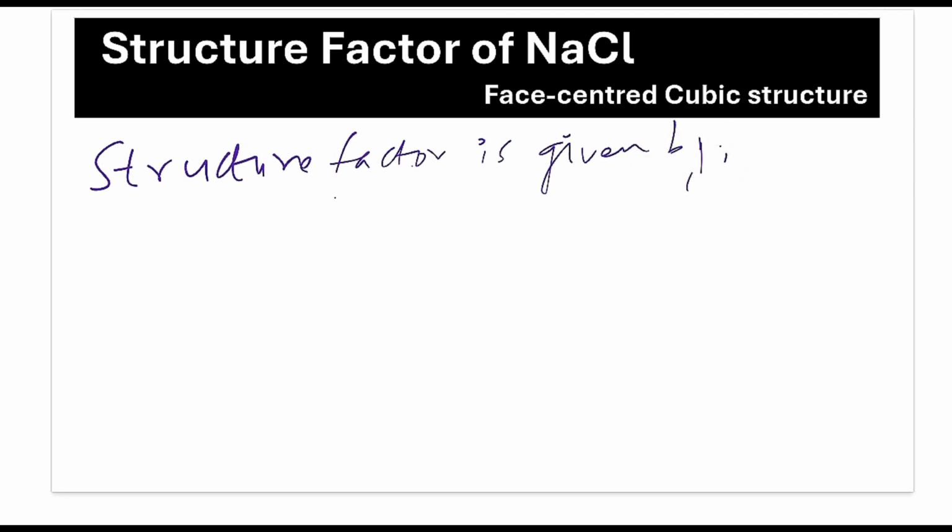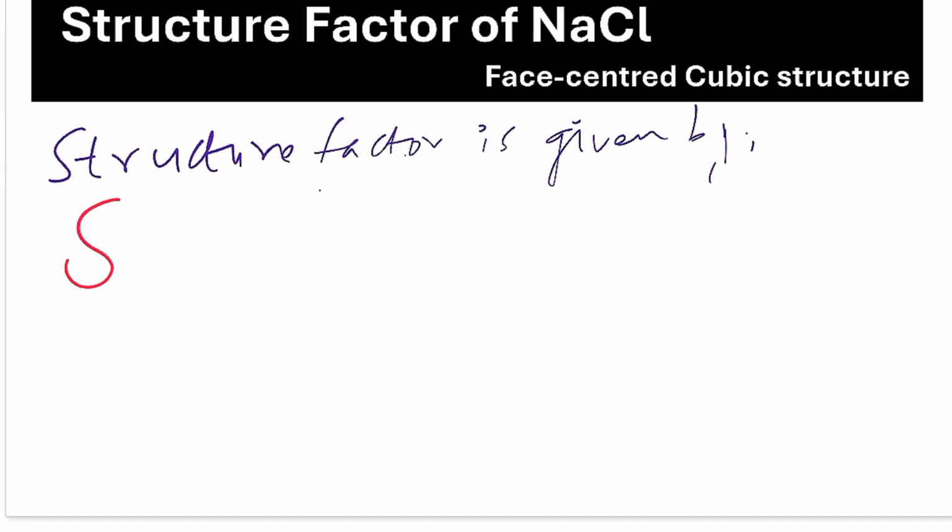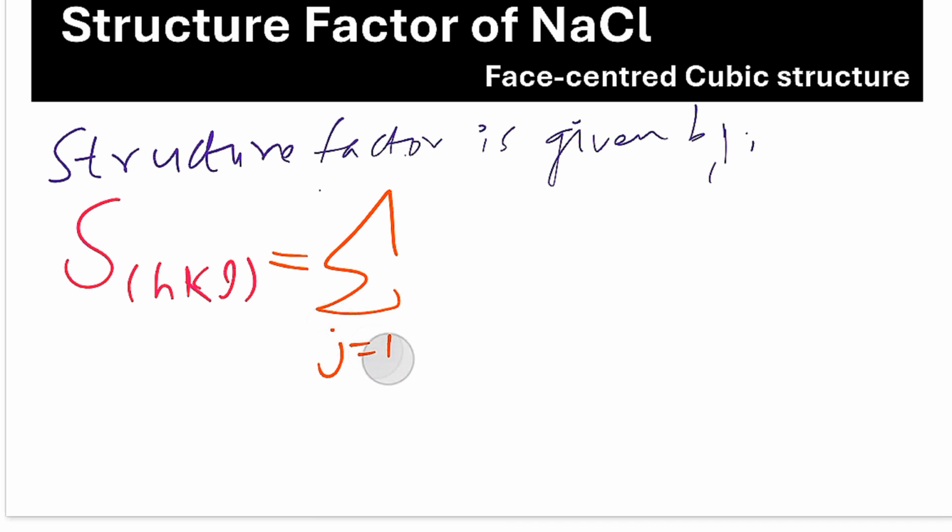The structure factor is given by, let's write down the formula. Structure factor is represented by capital S, and we can write in subscript the Miller indices of the plane, because structure factor ultimately depends upon the Miller indices of the planes, HKL, and also on the atomic form factor. And that is equal to the summation from j equals 1 to capital N